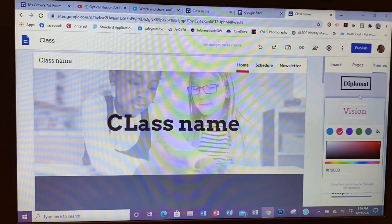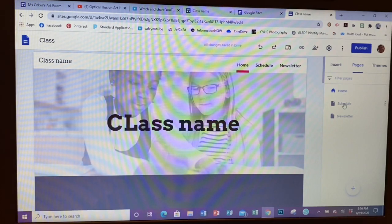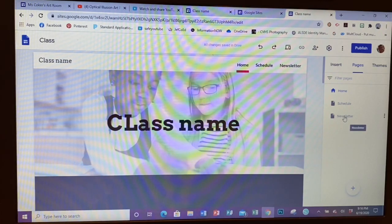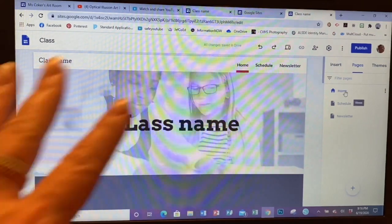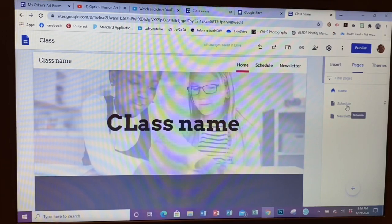When you're happy with a theme, you think you've got a theme that you like, go look at what Pages looks like. These are the pages that you have right there. If you want to add a page, let's say you want to have your main home page, but then you want to have a page for each grade level. So you go over here to these 3 buttons